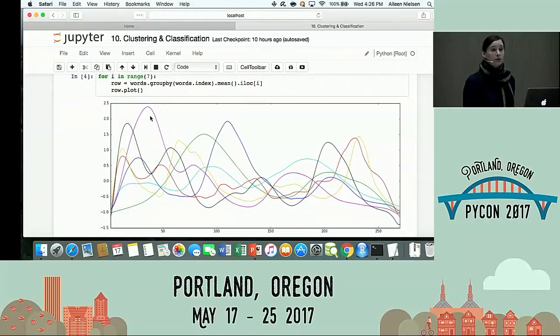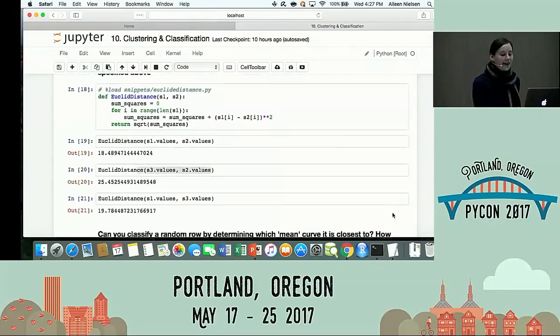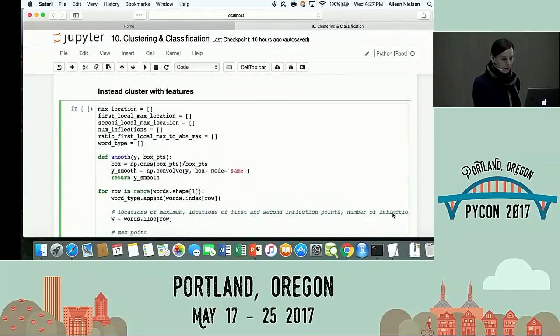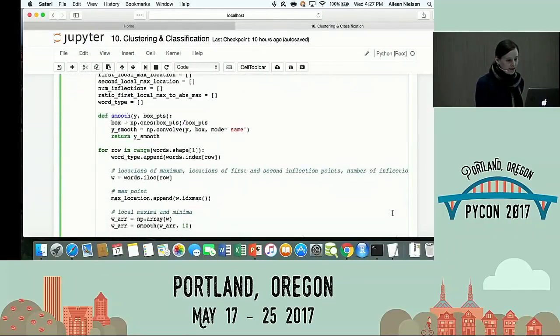The inflection points are really important, right? The location of the max is really important. If I start thinking about where this purple differs from this blue, well, the max for the purple is early. The max for the blue is a bit later. The purple seems to have 1, 2, 3 local minima, whereas the blue also has 3 local minima. But this green one only has 2 local minima, or maxima rather. So I start seeing ways in which these series are different, and I'm going to generate features based on the way they're different. So a few things I'm going to pick.